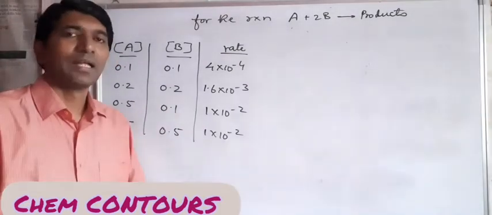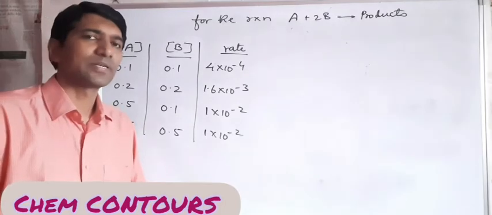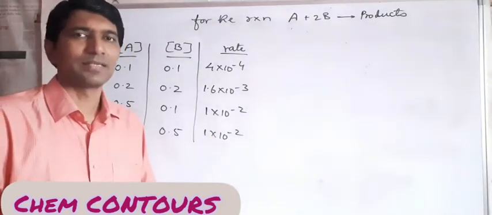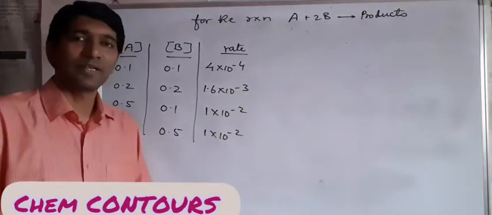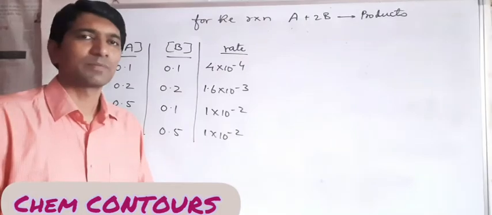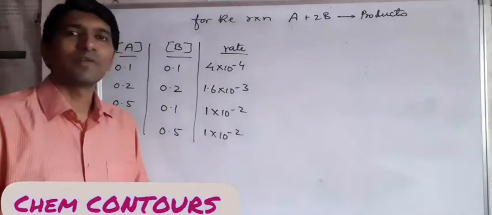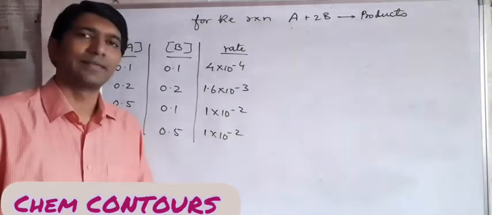Now, till around 2017-18, we were getting questions in the board exam on the table format. It's only in the last couple of years that this format has not come in the paper, but I still feel there are all possible chances that this may come in the paper. So we will understand today how to calculate the order by looking at this data.